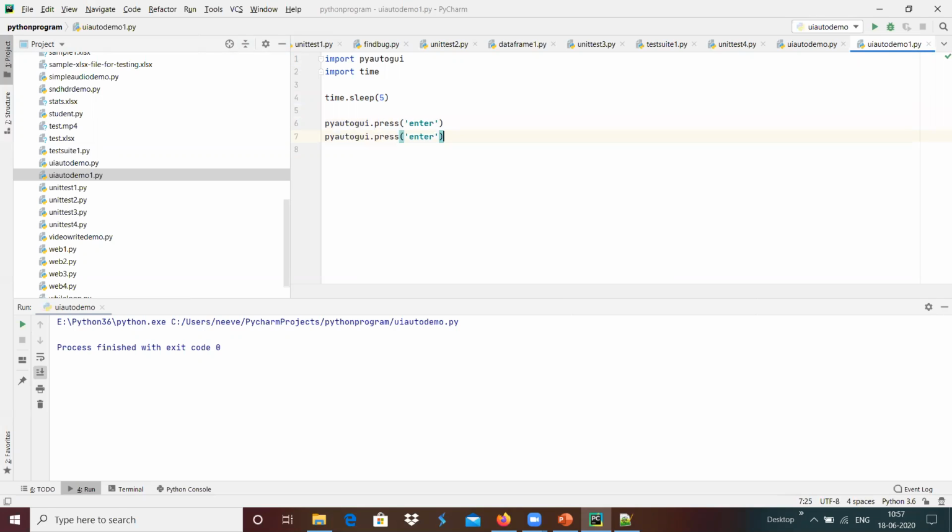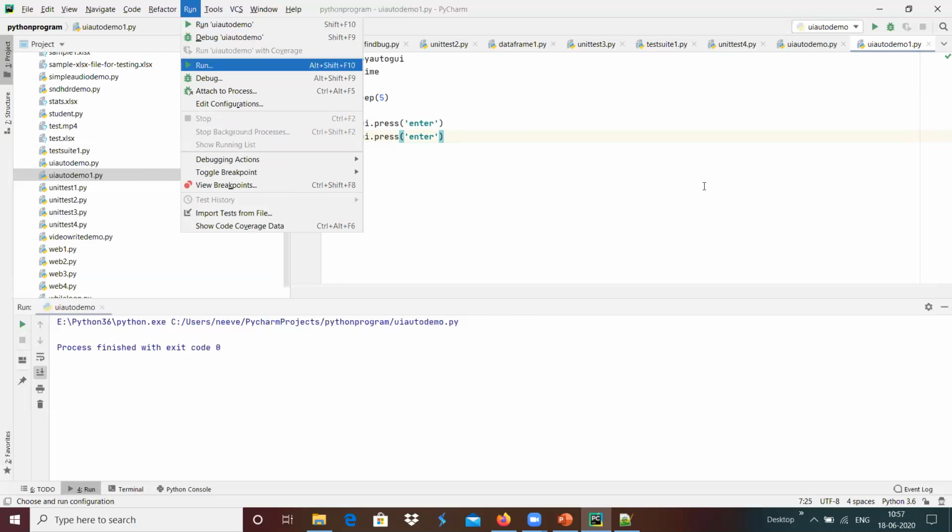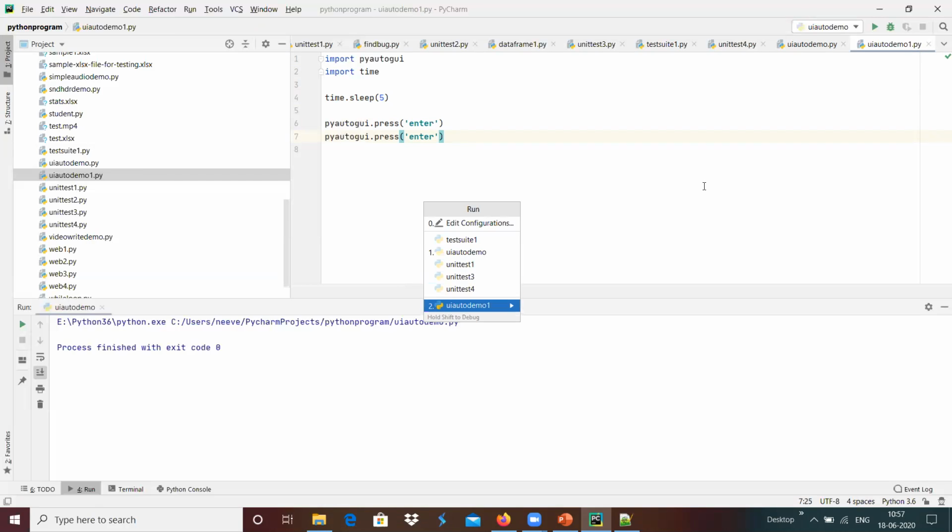I'm keeping the cursor currently over here, and I'm going to run this with Alt R, and I'm going to do run, and UI auto demo 1 I'm going to run,